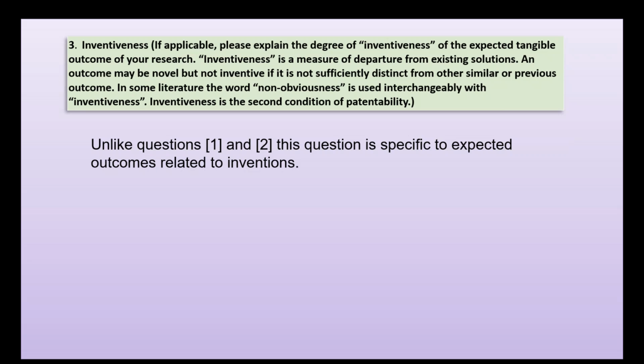If you are dealing with any outcome in relation to this, then for the third question, please elaborate a little bit on the inventiveness of your expected technical solution. So what does inventiveness mean? It means simply that your solution is not obvious to a skilled person in the art. A skilled person in the art can be someone like even your PhD doctoral student. A doctoral student should not find this solution obvious.